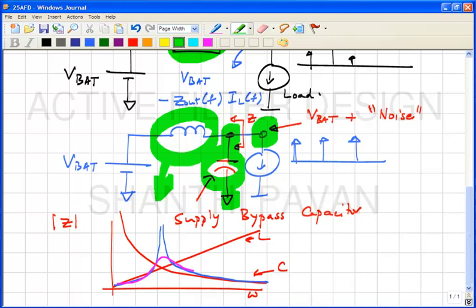Pardon? No, ground is always a reference potential with which you measure everything else, right. There is nothing called absolute ground. It is all some potential with respect to which you measure everything else. You understand? So, if all your circuits are running between the two plates of your capacitor, the fact that the lower plate of the capacitor is jumping up and down is completely irrelevant, because as far as your circuits are concerned, they are running only between the two plates. Okay.